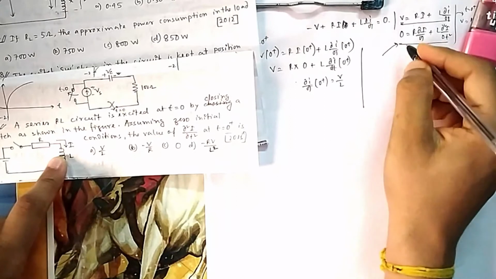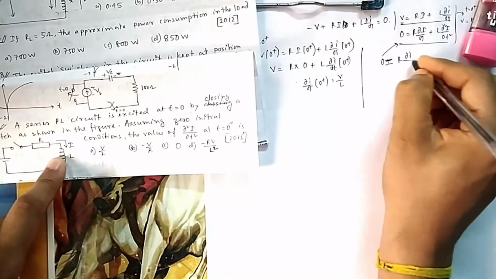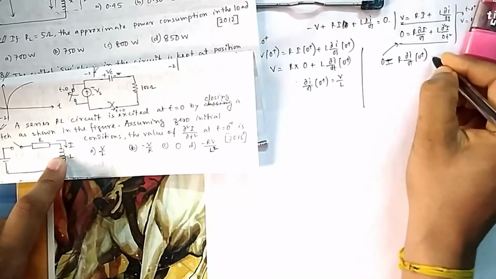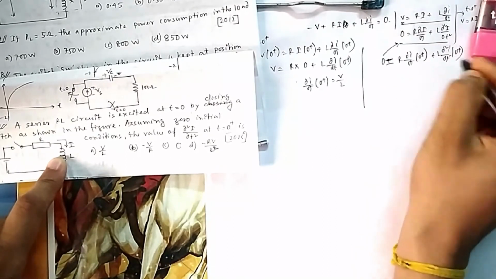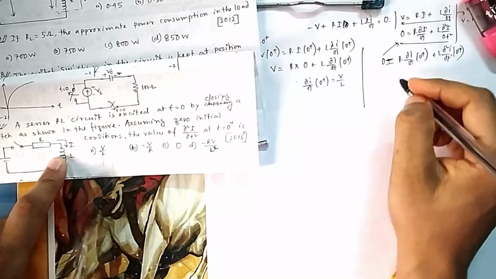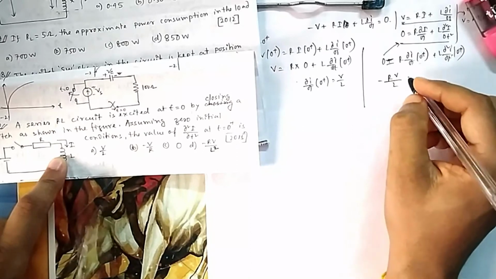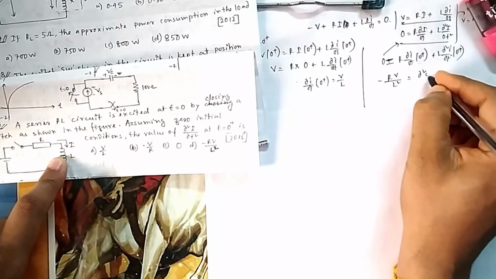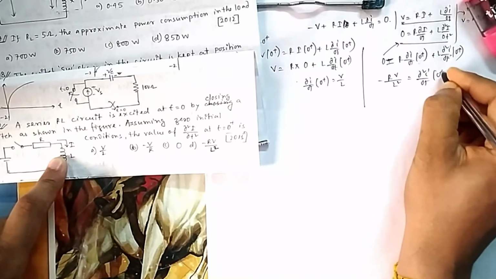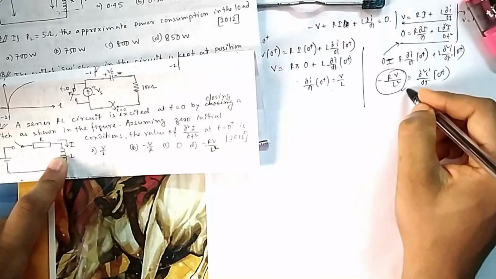Once you know this, you can put it there now. If you put the zero condition here, 0 will be equal to R di by dt at 0 plus, and then L d square i by dt square, also at 0 plus. This one you know, you put it there. This is R V by L. So if you put it here, it will be minus, and one more L will come, so it is L square. Now you will get it. Just put the values here and divide by L, you will get the answer. So this is your answer. That is your option D.